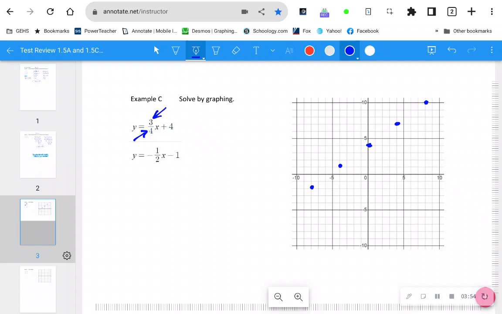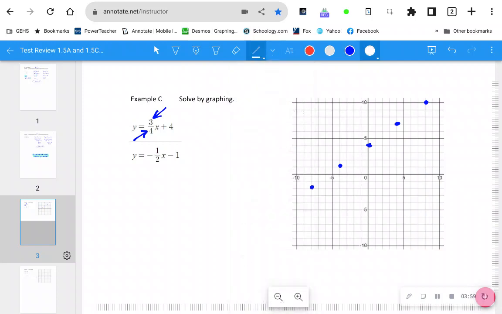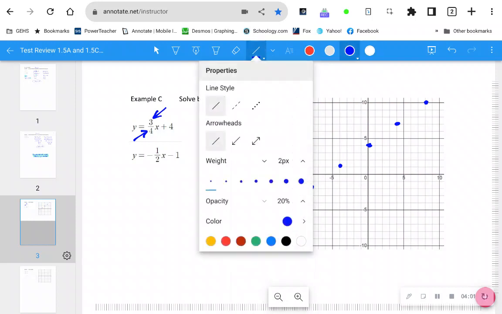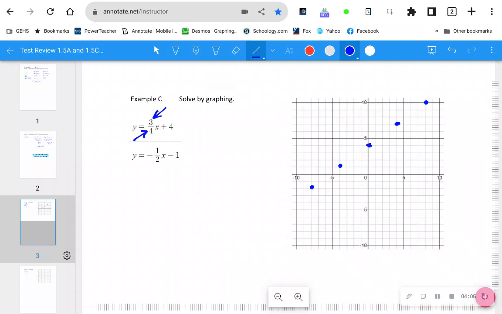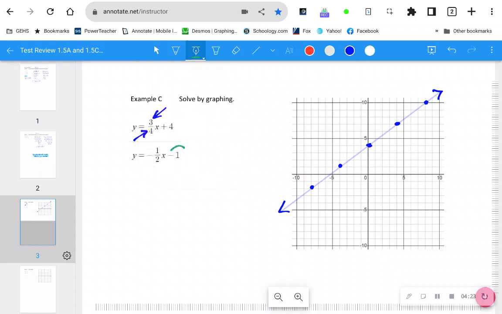Okay. Once you got that done, you're going to draw a precise line through those points. Let me get it set up here. Yeah, it looks like I got what I want here. And once you get that line drawn through there, let me finish by putting those arrowheads on there like you're supposed to. I'm going to draw another line, and I guess I can make this one green here, with a y-intercept of -1